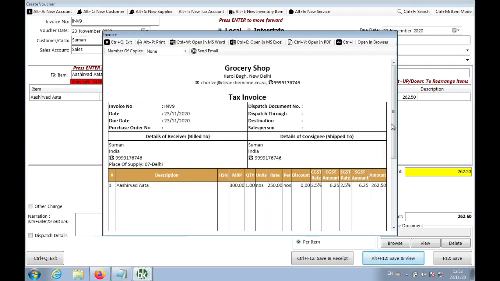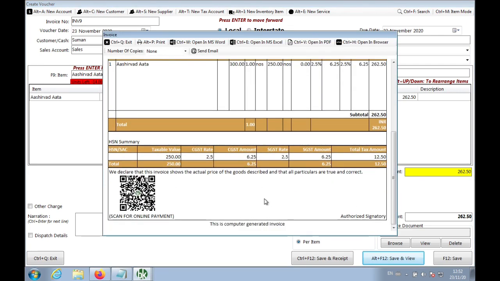Your invoice is ready, and you can see a QR code is available. This code can be scanned by any mobile camera, no need for any special application. You can take a print and your user can scan it, you can mail it and your user can scan it, or the user can click on it to make the payment.